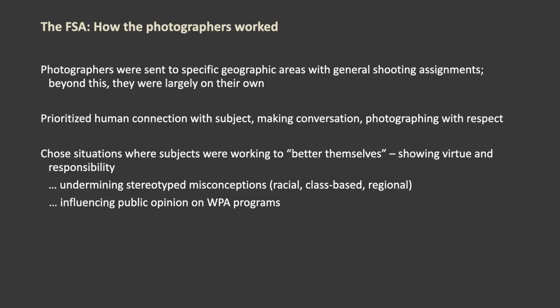So at any given time, there are several different photographers working for Roy Stryker, and he's sending them out on assignment to different parts of the country, to cities and rural areas and small towns, with general ideas of what they're supposed to focus on. But beyond those general assignments, the photographers are basically on their own. They have to prioritize a human connection with the subject, and they're good at this. They make conversation with their subjects. They take notes. They capture documents of what people are going through, and they photograph with a sense of respect